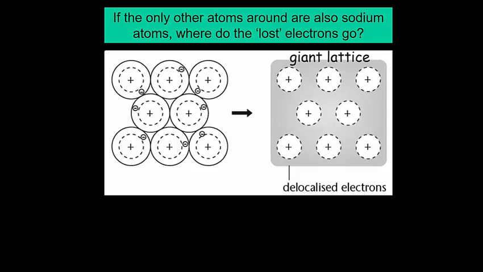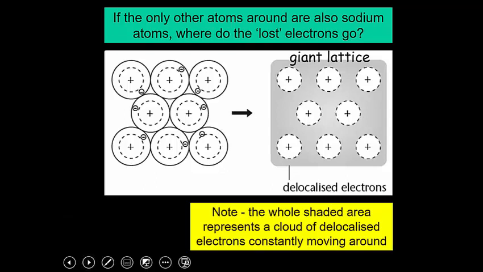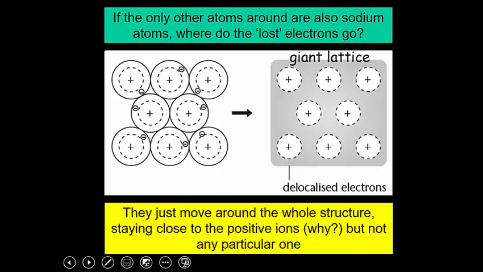Well, what happens is it forms a giant lattice of these positive ions that are left because they've lost their electrons, with the electrons in between them. So the whole of the shaded area in that diagram represents a cloud of delocalized electrons which are constantly moving around. And they move around the whole structure, just staying close to some of the positive ions, but not